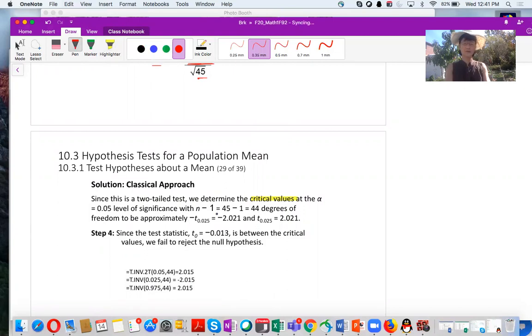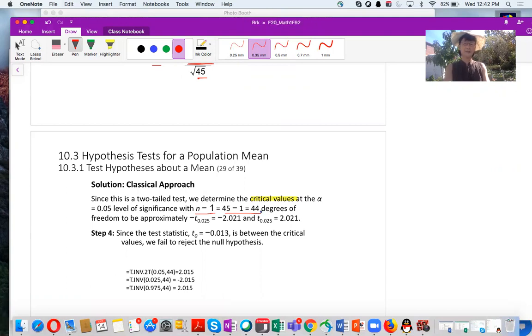You need 2 items to find the critical value for T. One is the degrees of freedom, sample size minus 1. So 45 minus 1 equals 44. And the other is